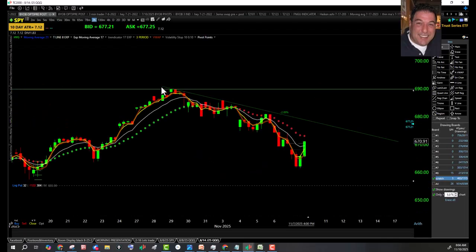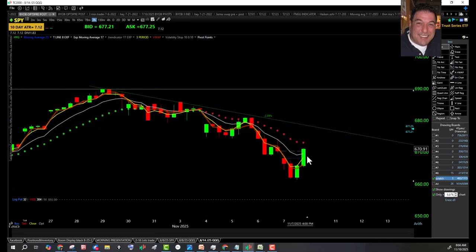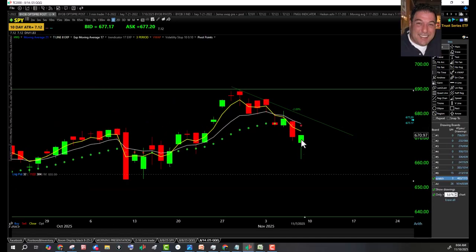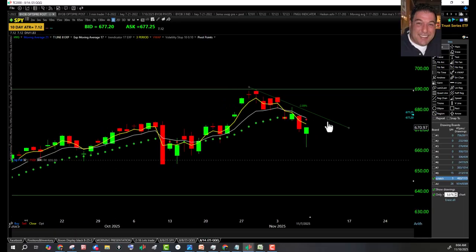On the 2-hour chart, we've got a 2-hour downtrend still intact. On the daily time frame, we've got a hammer: lower high, lower low, closing under the bearish trap under the 17 EMA, still underneath the downtrend line. Bulls have a lot of work to do to get it up over that downtrend line. I'd like to see them break that. That could happen if maybe the government shutdown ends. I hear a lot of social media talk about it, but I'll wait and see what happens. I'm not going to get ahead of myself.